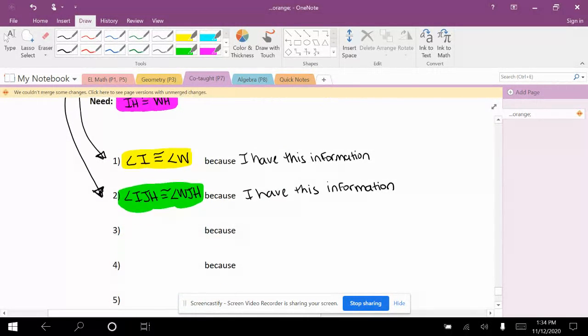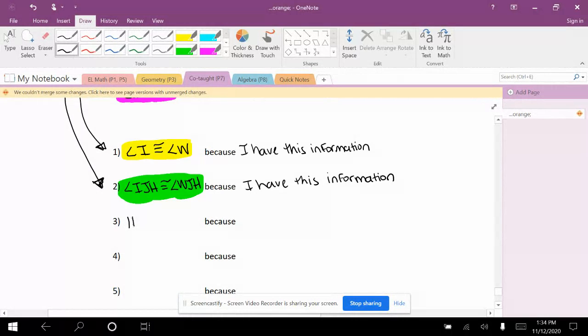So I know that segment HJ is congruent to segment HJ